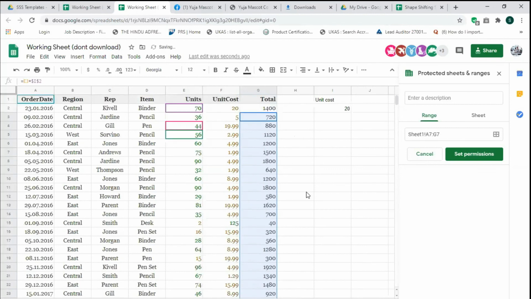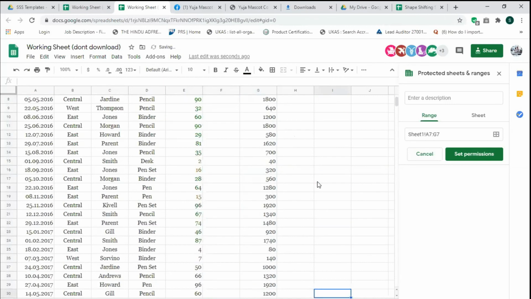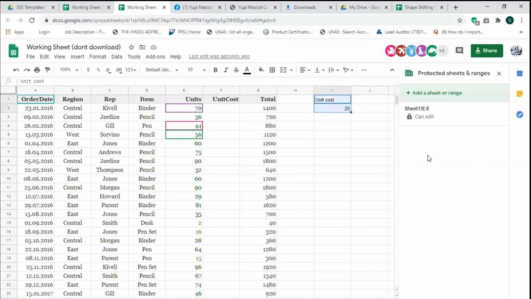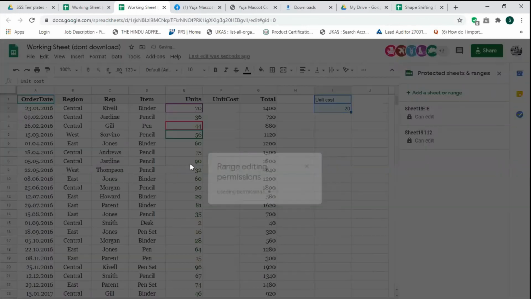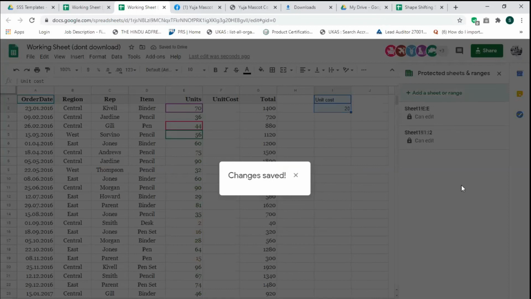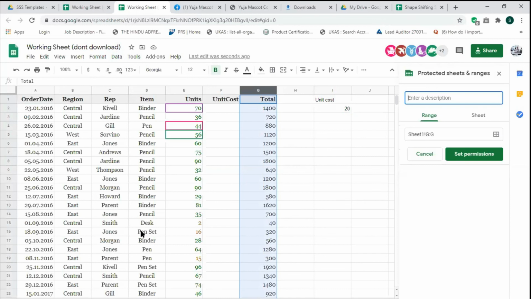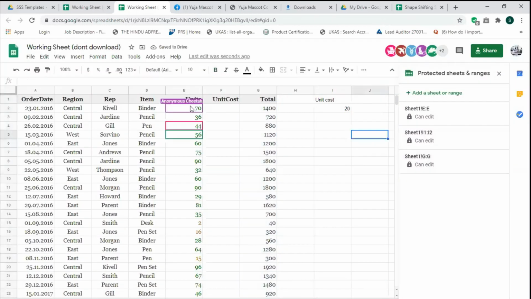Now what happens is, even if I delete this column, or even if I make it 0, it's showing me the values, and I can restrict this particular cell to only myself. Now this also I am restricting, because I don't want anyone to change the final value. Now you guys can edit the unit, you can edit the item, anything, but you cannot edit the unit cost because I have defined that it will be purchased at rupees 20 only.